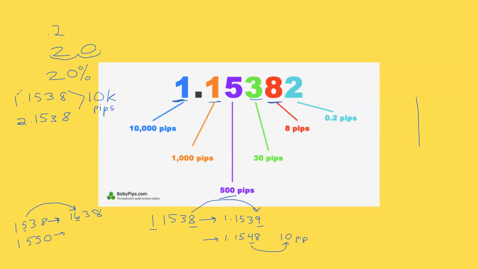And in this situation, this was the 1,000th pip. So this went from 1,538 to 2,538. That's a 1,000 pip change. So we went up 1,000 pips. This is the 1,000th place. So try to think of it like it's money most of the time, okay? And in our situation up here, I know this is the 1,000th place, so we got to think of this as 10,000. So in my mind, I would just call this 11,538